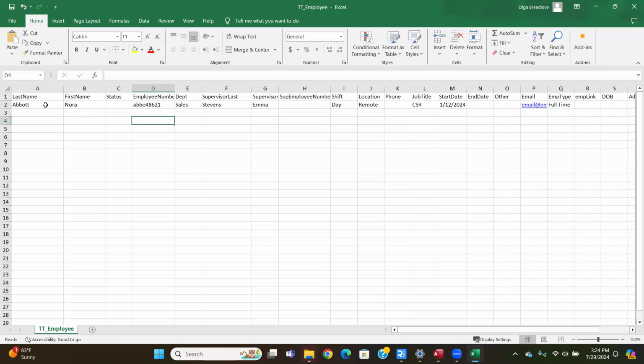And keep in mind that if you only have first and last names, that's enough information to import them into TrainTrack. You can always fill in any other information later, but if you have the information, just go ahead and paste it or type it into the spreadsheet so you have less data entry in the future. When you're all done entering as many employees as you would like to import, simply click the Save button at the top,